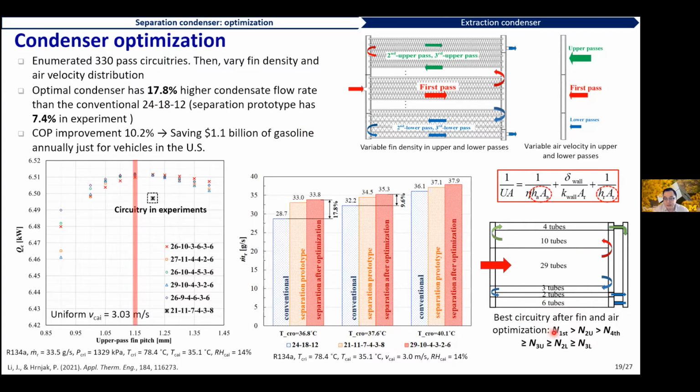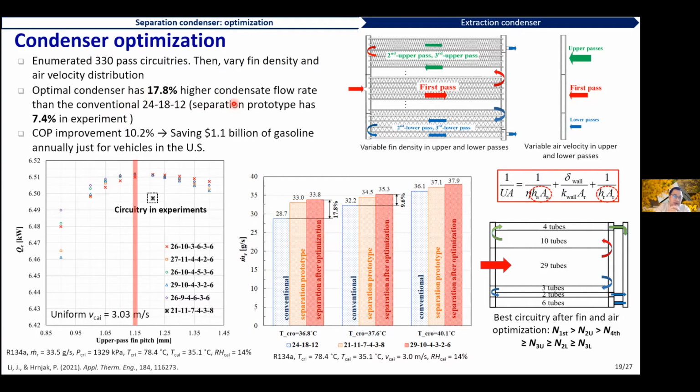So we have given some guidelines for how to arrange the tube number in each pass for the separation condenser, and our optimization results show that the optimal condenser, which is the red here, has almost 18% higher condensate flow rate than the conventional baseline, while the separation prototype